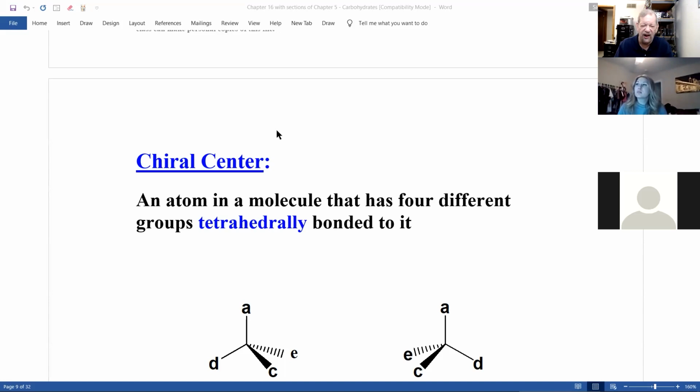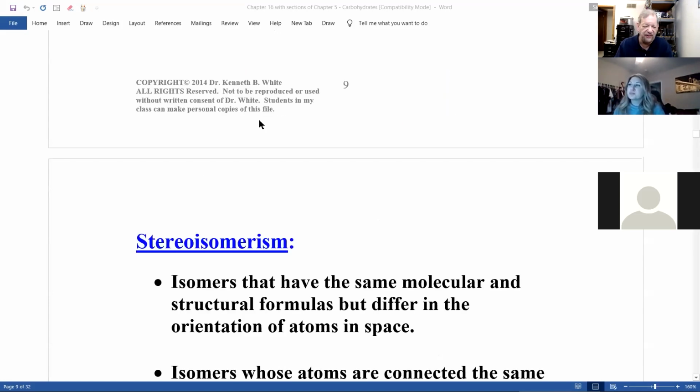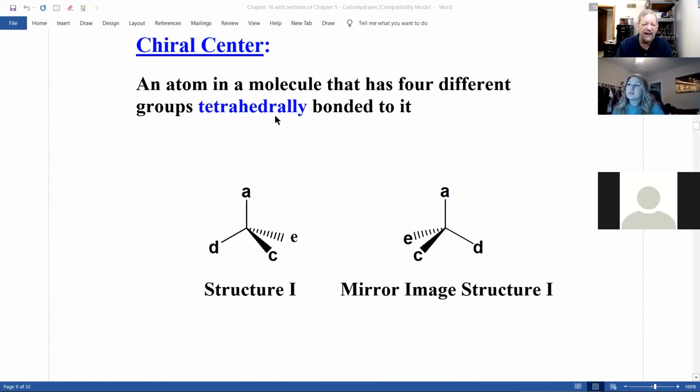Now, I was talking about chiral centers. I believe this is where I left off. Let me see. Yep. And what's a chiral center in this class? A chiral carbon. That's a carbon that has 4 different groups. A carbon with 4 different groups is always going to be in a tetrahedral structure. So the question is,